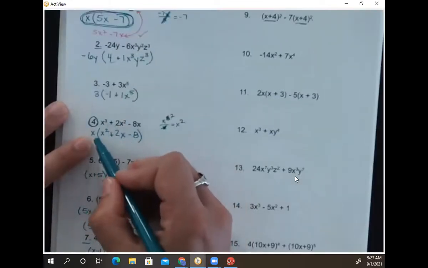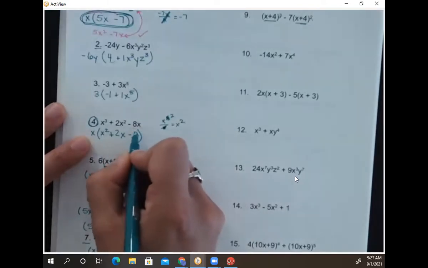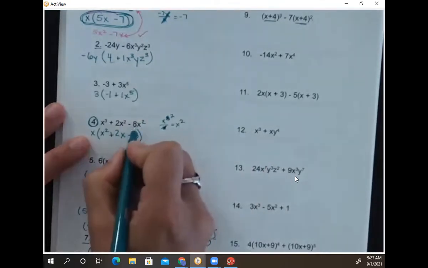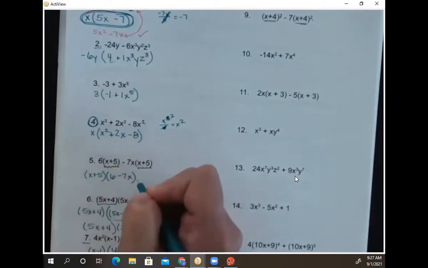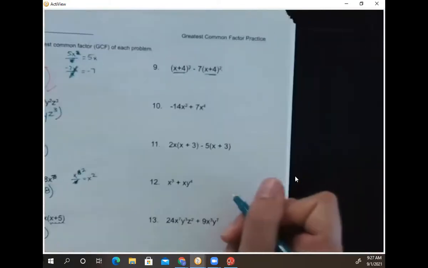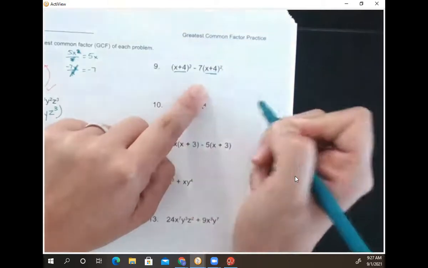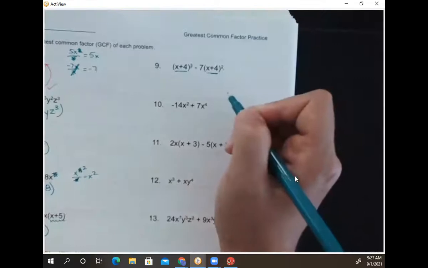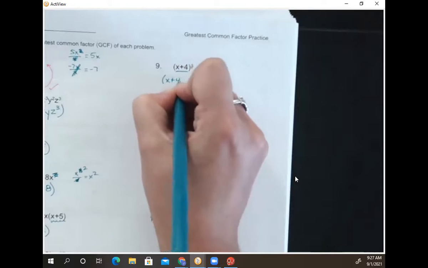So for some of our x problems, like number 4, we pulled out a single x because my term that has the fewest x's just had a single x. If this had been an x squared, we could have pulled out 2 x's because the least amount that any term had would have been 2 x's. Okay, so over here, for this second term, we've got 2 of this x plus 4. That's the smallest exponent on this term, so I can pull out 2 of them. So I'm going to pull out x plus 4 squared,